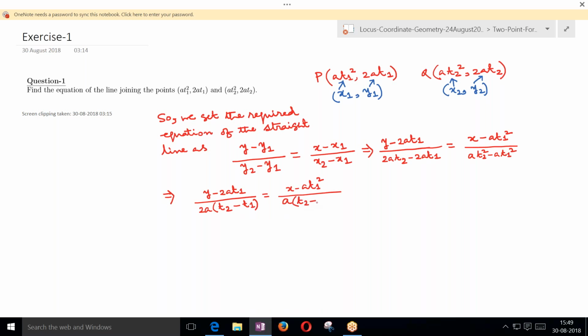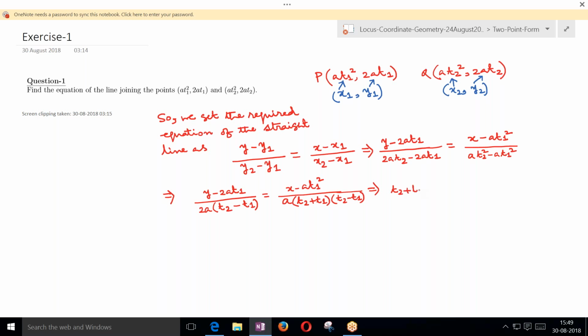So that becomes t2 plus t1 into t2 minus t1. So we can simplify it further because t2 minus t1 and a, we can cancel out in both the left hand and right hand side. Then what are we left with? We are left with t2 plus t1,